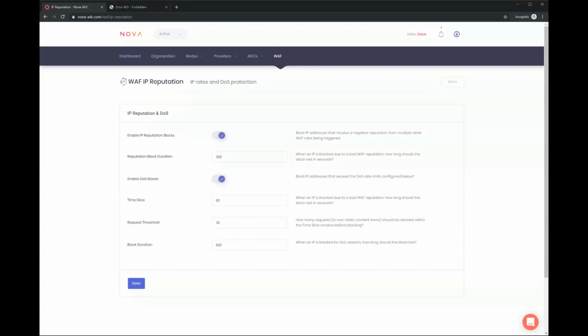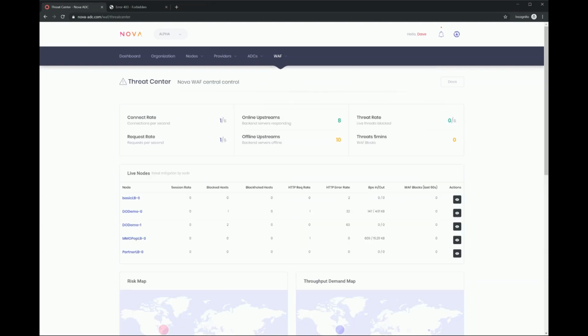So what it does is it profiles how many requests you sent that are dynamic content, so not JPEGs and GIFs and style sheets, but actual pages within a time slice period. And then it will block you if it needs to, if it detects abuse, and you can configure that. And then you've got your threat center where you can see the summary of all of this. So here we see all of our live nodes, and we're in communication with them, right?